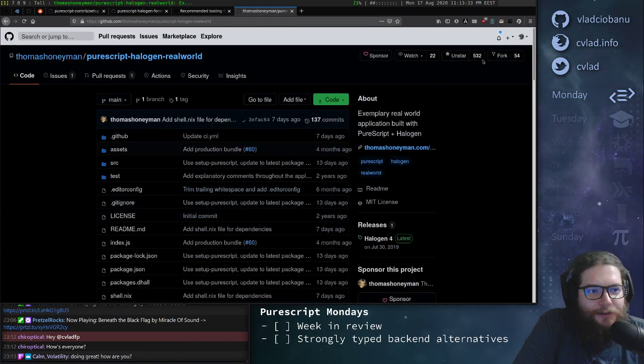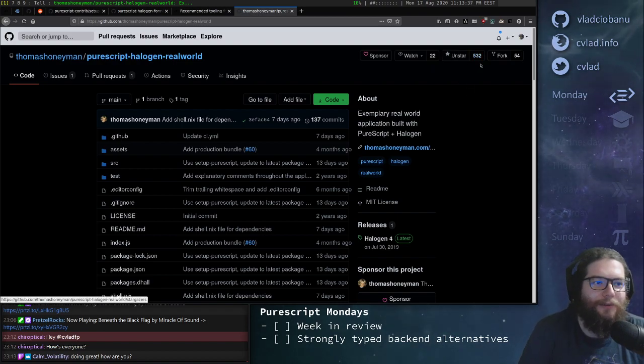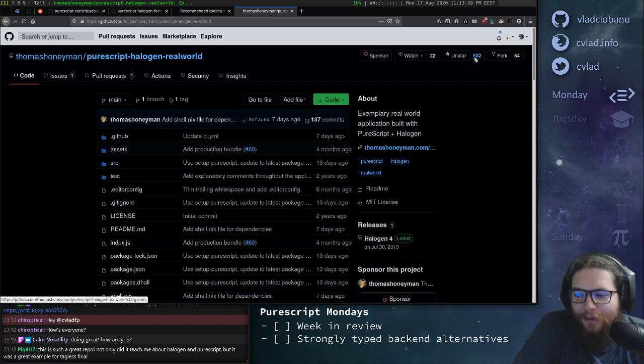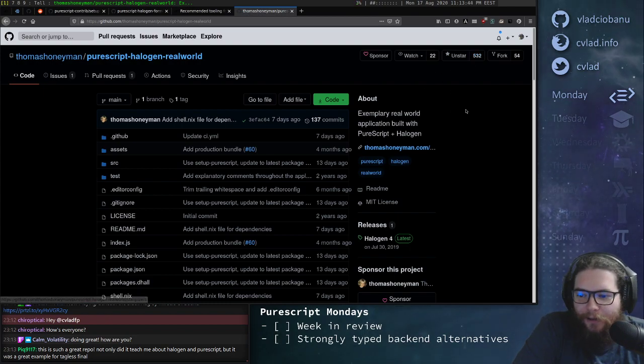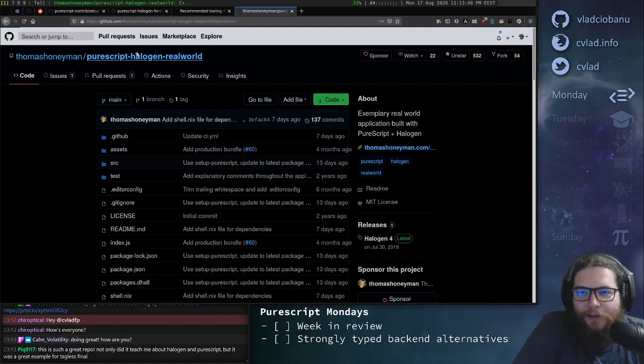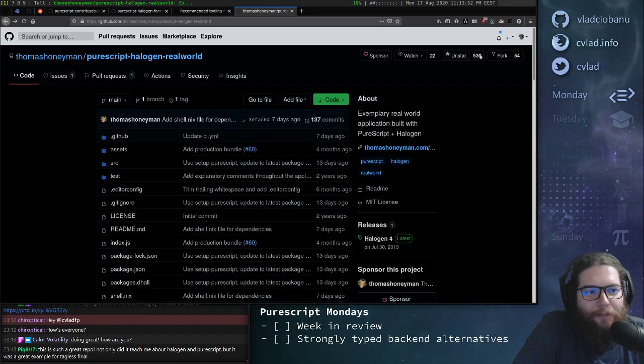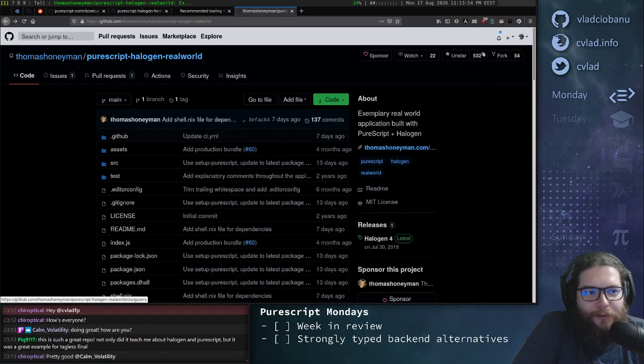Also, as a milestone, the project reached 500 stars a while ago, and yeah, please also make sure to star it. It's absolutely amazing. It teaches you about Halogen and PureScript. It teaches you tagless final monads, free monads, interpreters, and so on. It's absolutely amazing. And yeah, please don't forget to star it